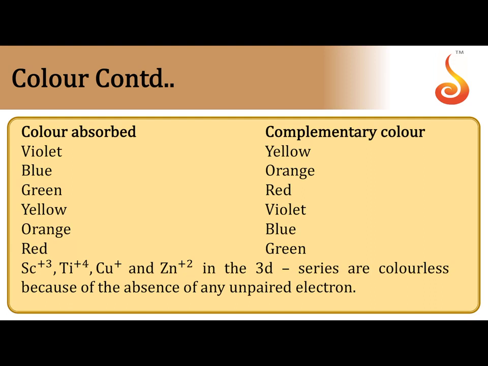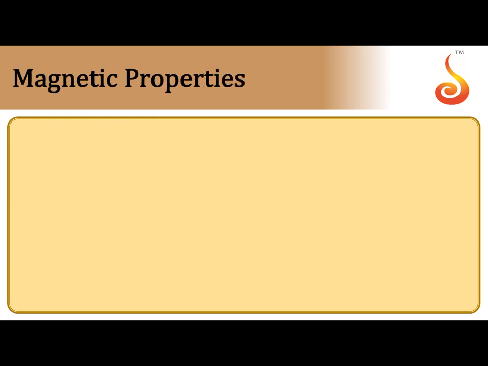When a d block element absorbs one color from visible light, d-d electron transition takes place. So, when one color is missing from white light, the remaining six colors together exhibit another color. Both are called complementary colors. So, you observe the tabular form. When the d block substance absorbs violet color, the complementary color is yellow. So, the substance appears in yellow color. Similarly, blue, orange, green, red, yellow, violet, orange, blue, like this you can observe.